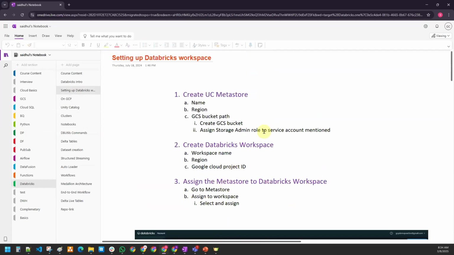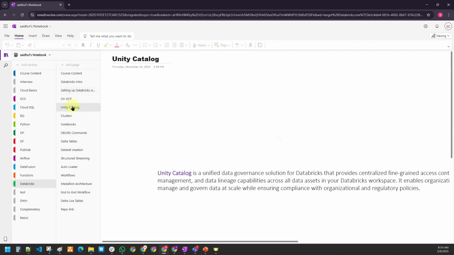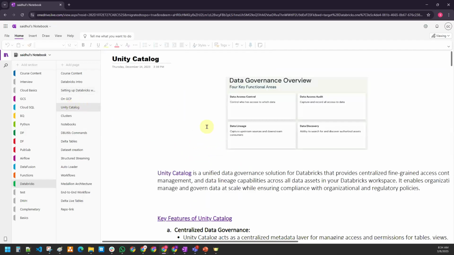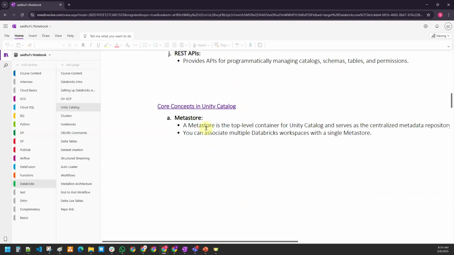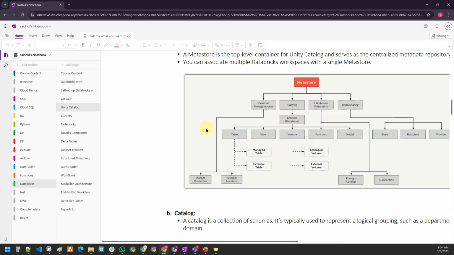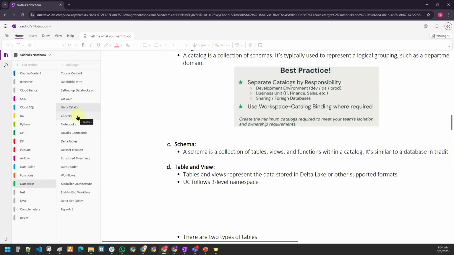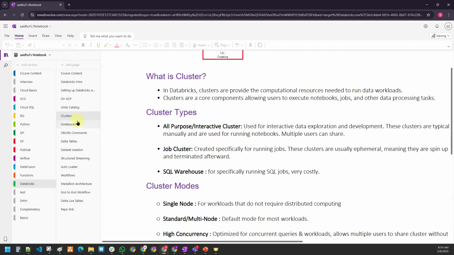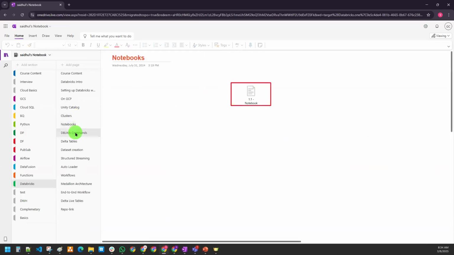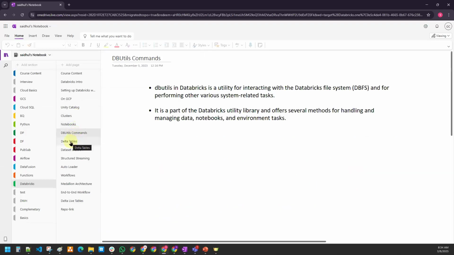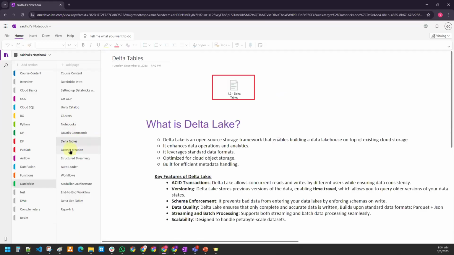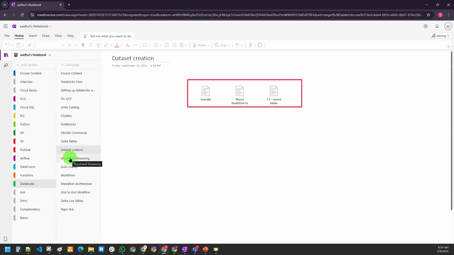We are creating Databricks on GCP. Databricks on GCP is very famous nowadays. And Unity Catalog: what is Unity Catalog? All the features and core concepts of Unity Catalog and everything, because I work at Databricks, guys. Clusters, notebooks, DB utility commands, Delta tables, dataset creations, structured streaming,